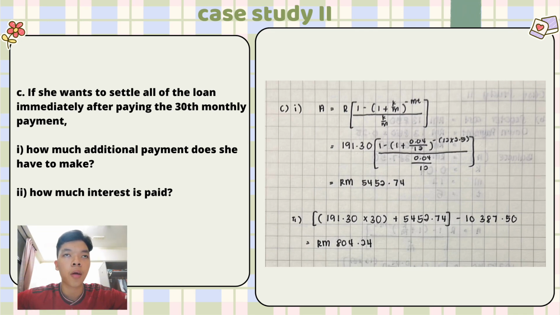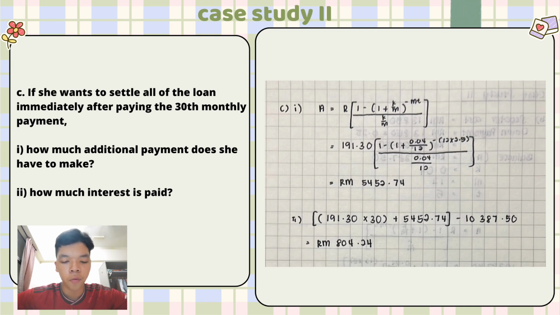How much additional payment does he have to make? For this question, we will use the formula A equals R in bracket 1 minus 1 plus I power of negative N, over I. So it will be A equals 191 ringgit 30 cents in bracket 1 minus 1 plus 0.04 per 12 power of negative 30 over 0.04 per 12. So the answer will be